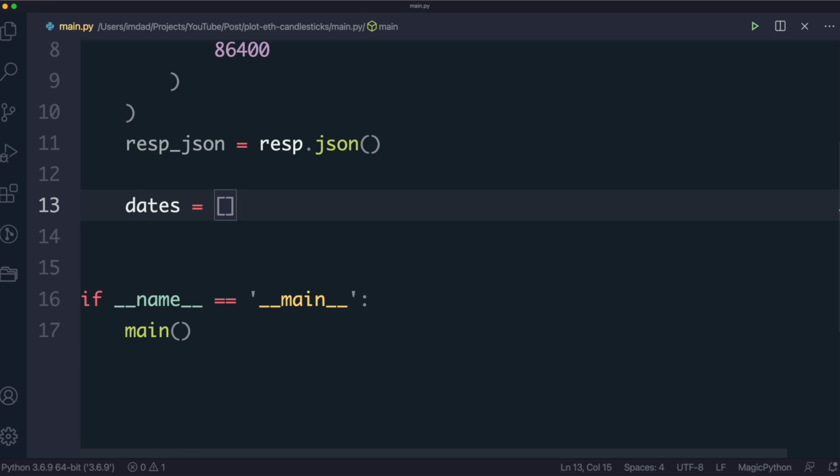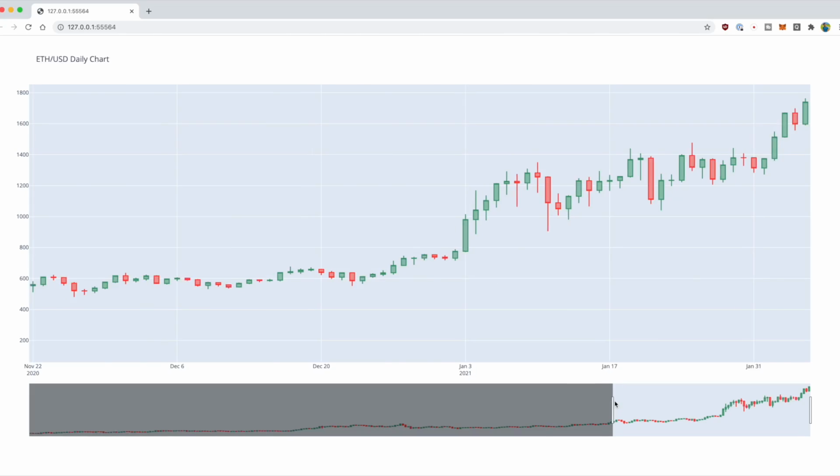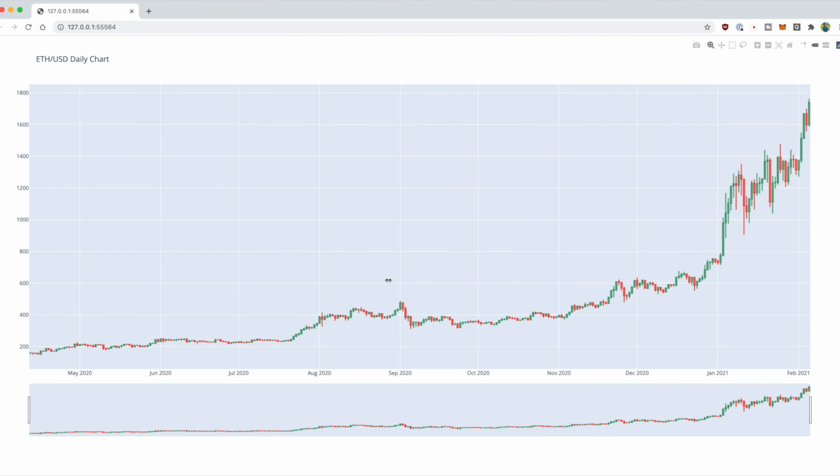But today we're going to do something slightly different. In today's beginner-friendly tutorial, I'm going to show you how you can build your own candlestick chart that will show the prices for Ethereum for the past year. This really cool interactive chart is going to allow you to step back in time to understand